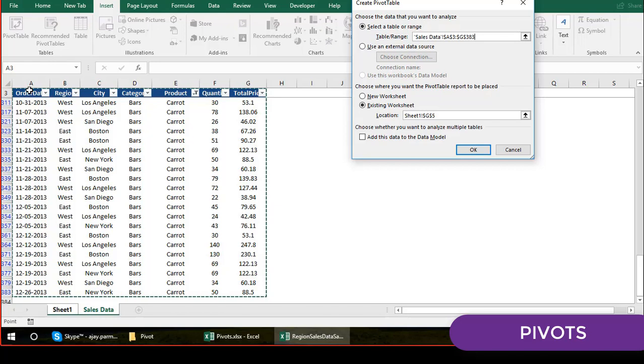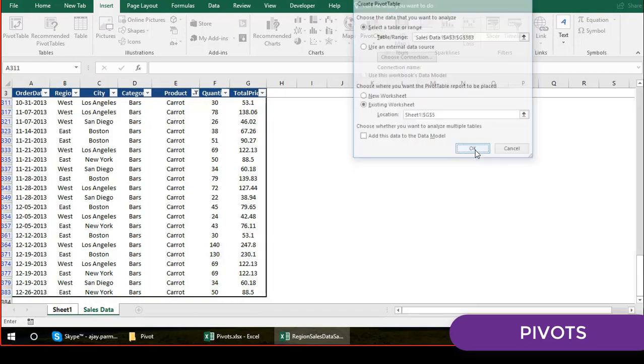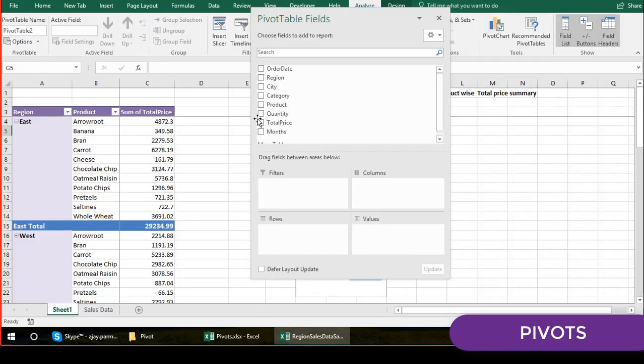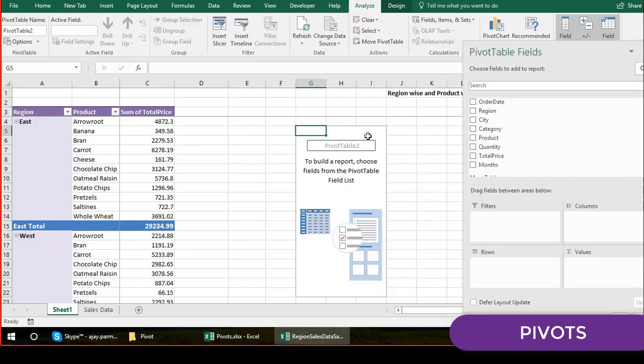This is how I have selected it, and we have this data, A32 to G383. So the data is coming from the sales sheet. Once you're done with that, I click OK, and you see that another pivot gets formed here.